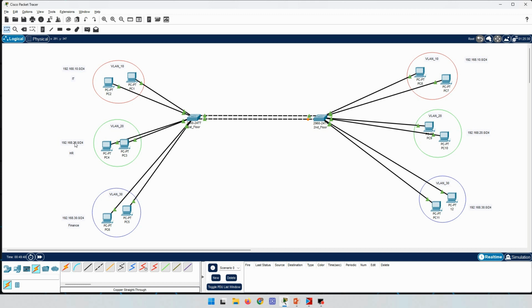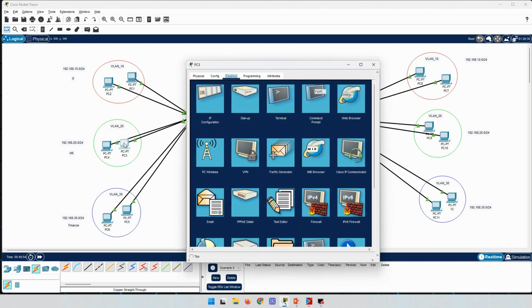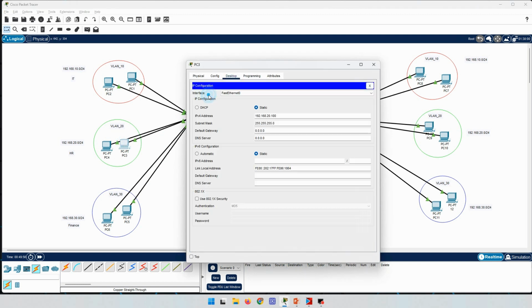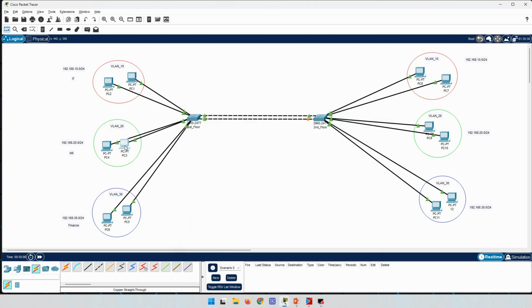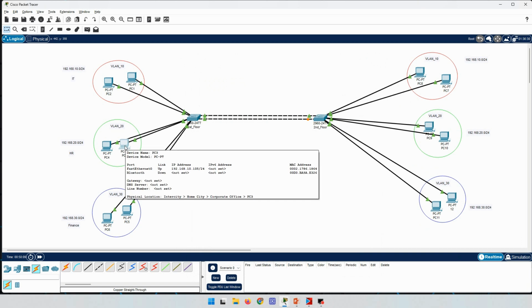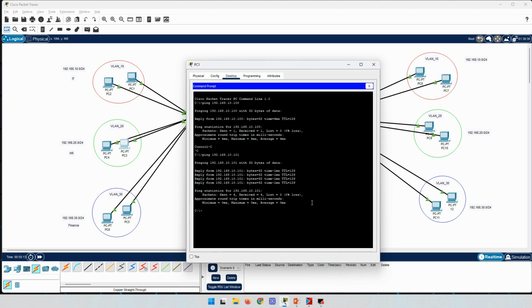Even if I just change the IP address of this and try to ping from here to here, the ping will not be successful. Let's try that. For example, in PC3 I'm going to add that to the range of VLAN 10. It's 192.168.10.105, and okay, now this PC has an IP address of 192.168.10.105, and if I try to ping it from PC1, it will not be successful